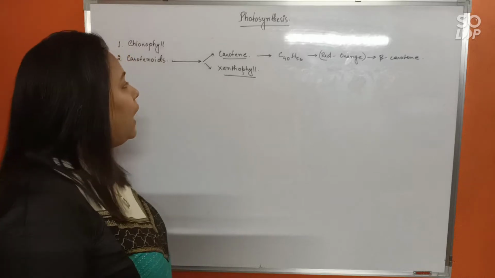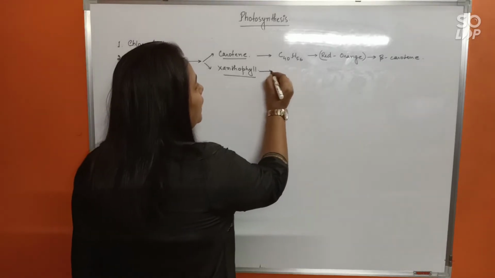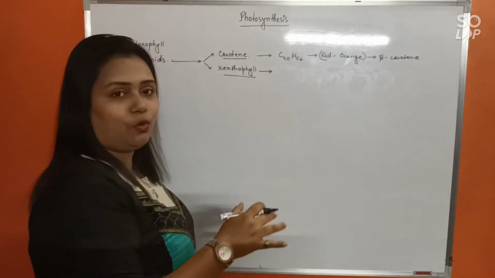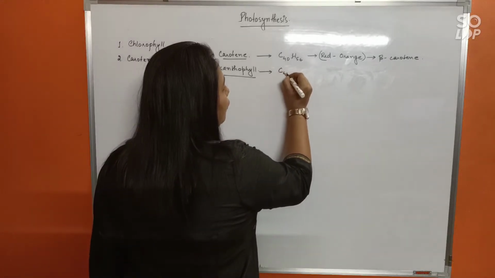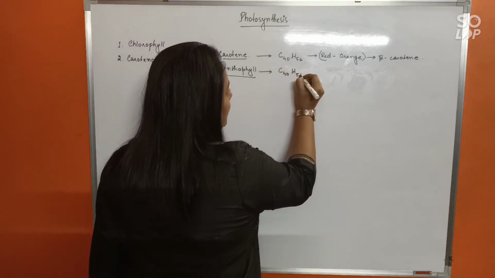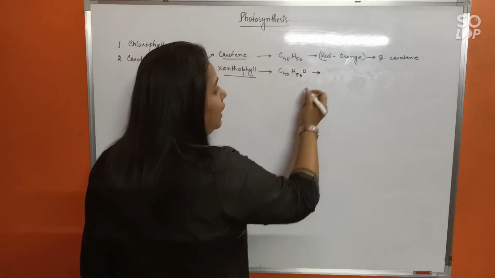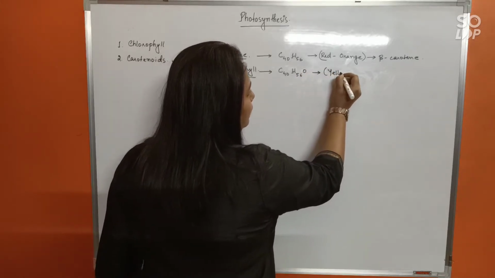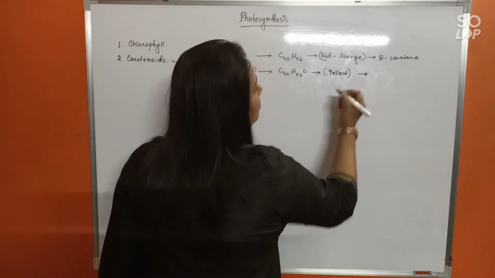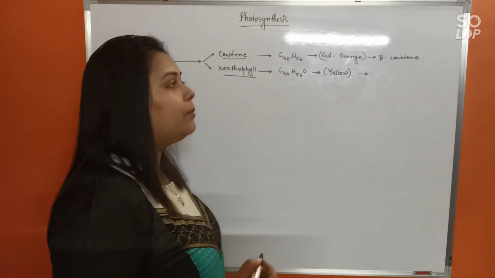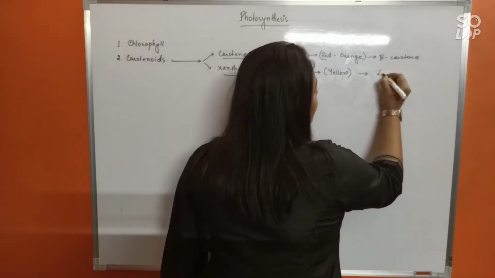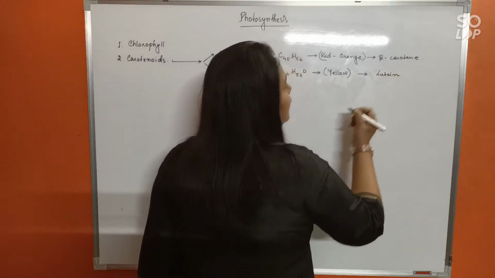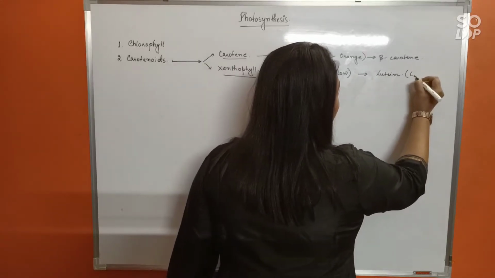On the other hand, xanthophyll pigments are oxygen derivatives of carotene. So basically they have the formula C40H56O. They are mainly yellow in color. And the most abundant xanthophyll pigment, which can be seen in winter foliage, is lutein. Lutein has the formula